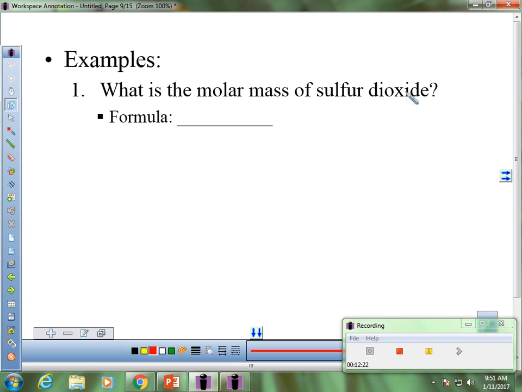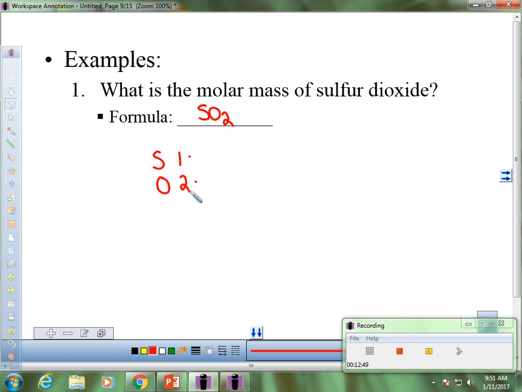All right, first we would want to write our formula. This is a nonmetal, so we just write what it says. It says sulfur, so we write S. Dioxide means O2. So there's my formula. So to find the molar mass, you list your elements. We have sulfur, we have oxygen, we count. We have 1 sulfur, we have 2 oxygens, and then we go to the periodic table and we use the